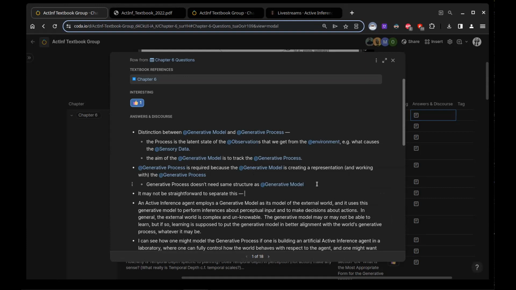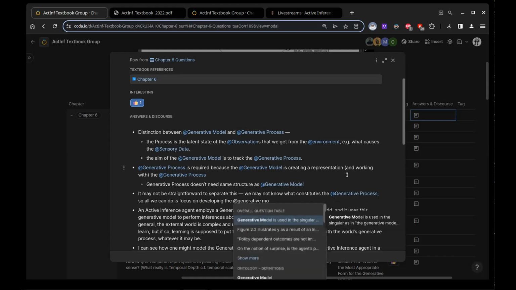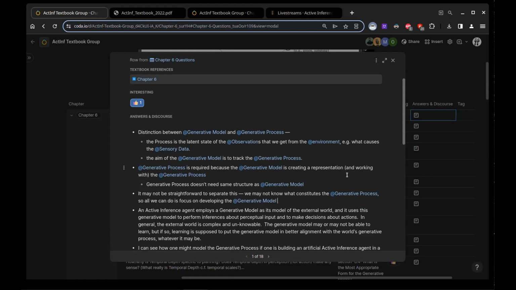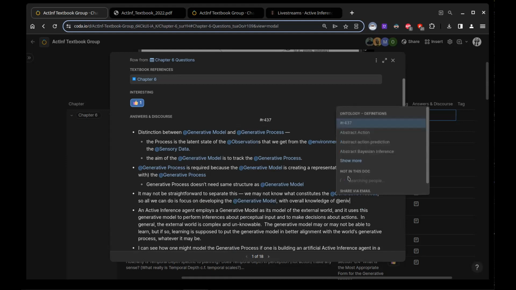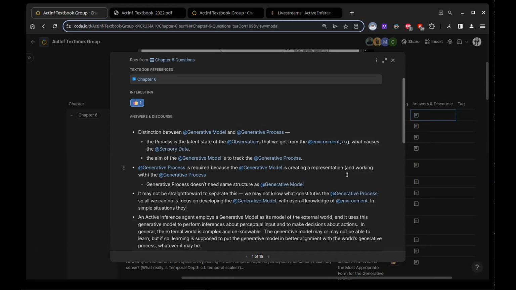And the only thing we can confidently focus on is to model the generative model based on some assumptions about how the environment will behave in the future, or based on some of our knowledge about the overall mechanism of the environment. But in some simple situations, it might be possible to differentiate between the two. Awesome. Thank you.